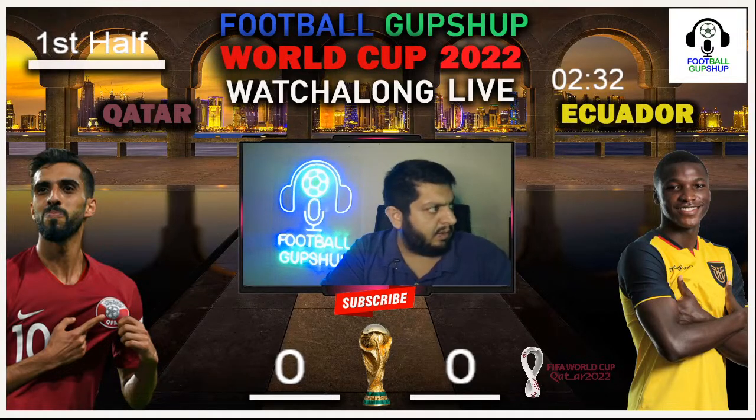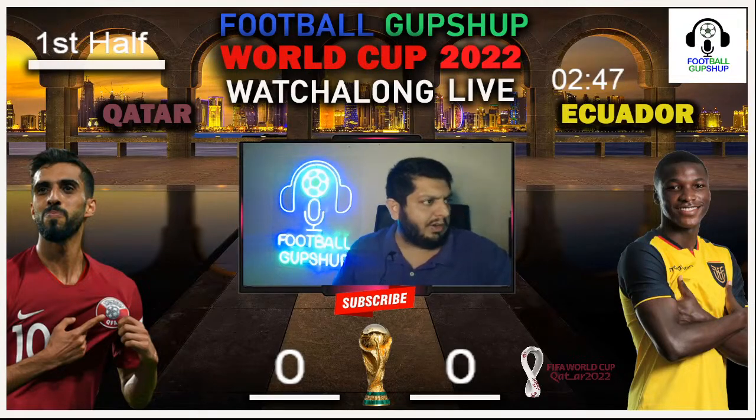And right now, Ecuador with the ball. I think they're going to go towards that right side. There are plenty of players in that area. Once again, the ball goes up, and the goalkeeper jumps and punches it, not able to clear it. Ecuador still trying their best, trying to take the shot, and they scored. Ecuador has scored the first goal. What a mistake by Qatar, and it is Valencia who has put Ecuador ahead. They have scored a goal, and the goalkeeper has made a mistake.